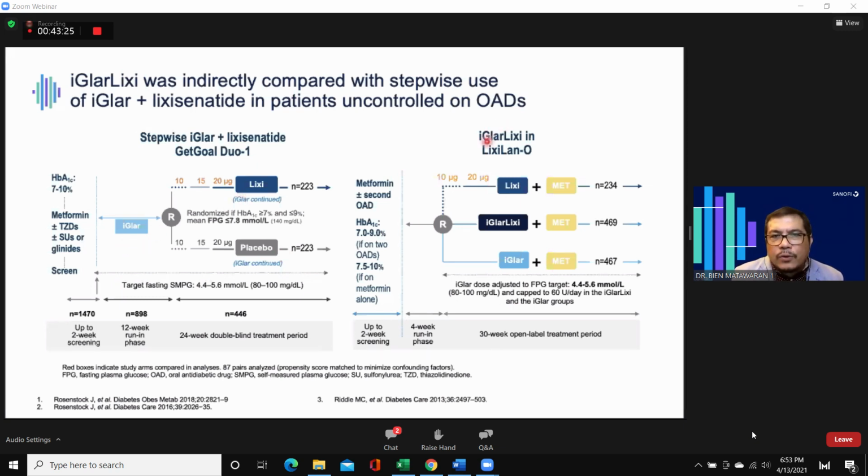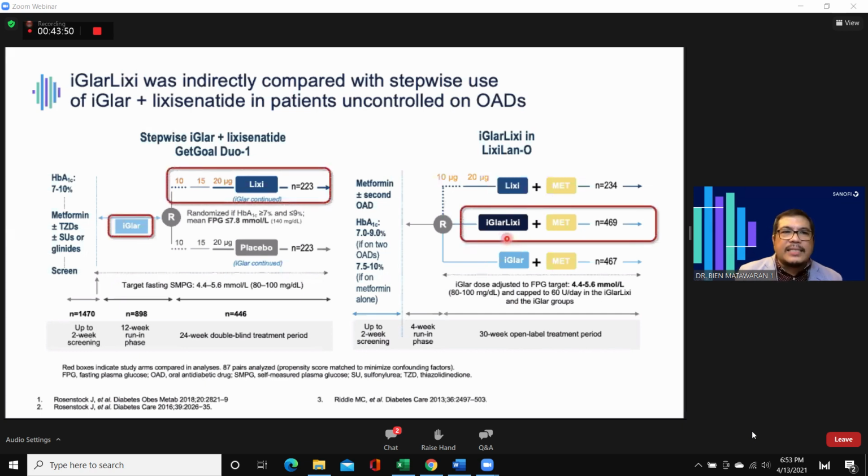The Lixilan-O trial is basically the same with regards to patient population. These are uncontrolled type 2 diabetics on multiple oral agents, but they were randomized into 3 arms. They were given lixisenatide alone, insulin glargine alone, and one arm, of course, is the fixed ratio combination. So this was simultaneously initiated, the insulin glargine together with your lixisenatide. So this is stepwise, and this is, of course,